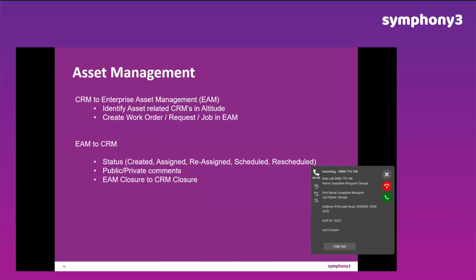Really, the design pattern is that we identify asset-related CRMs in Altitude, and we create a work order request or job in your asset management solution. We then poll your asset management solution and pick up statuses when the work order is created, assigned, reassigned, scheduled and rescheduled, and finally completed. We also surface public and private comments from the asset management solution, and we transfer all of that back into